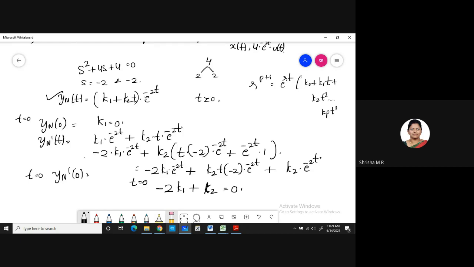Clear? At least respond now. Why are you people silent? Yes, ma'am. It is correct now. So if K1 will be equal to 0, so K2 will be equal to,